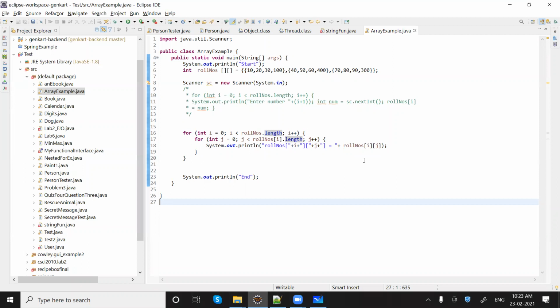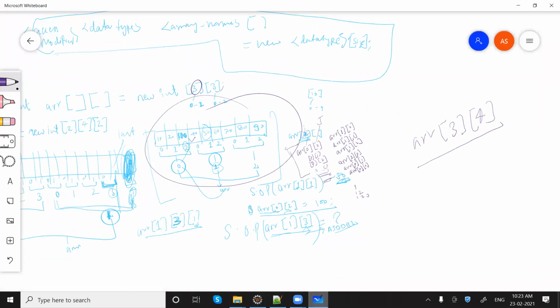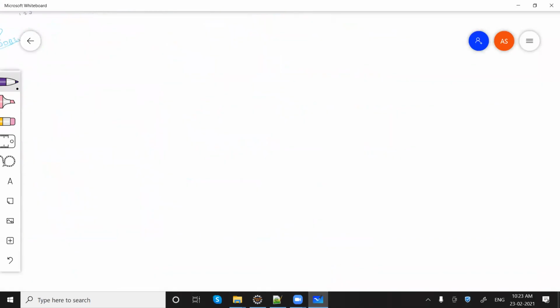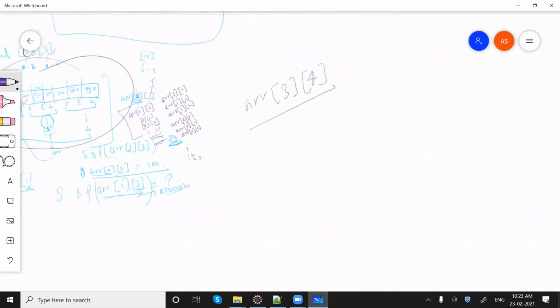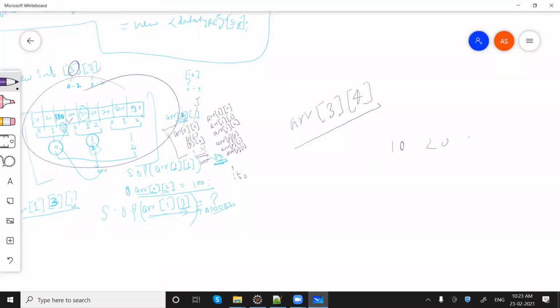So from this discussion, let me just take it as a matrix. So we have a matrix, let's say 10, 20 and 30, 40, 50, 60. You can write that array something like this. 70, 80, and 90. So what I want is I want to print the sum of the diagonal. You have a multi-dimensional array or a two-dimensional array. You need to print the diagonal sum from that array. So this is your task for tomorrow. Okay.